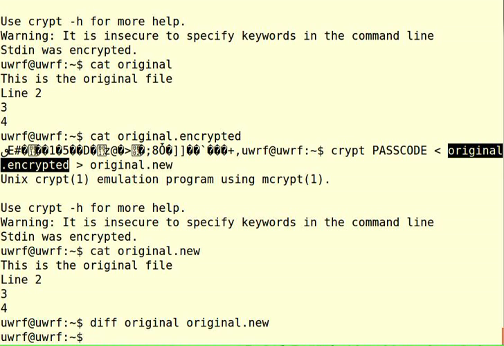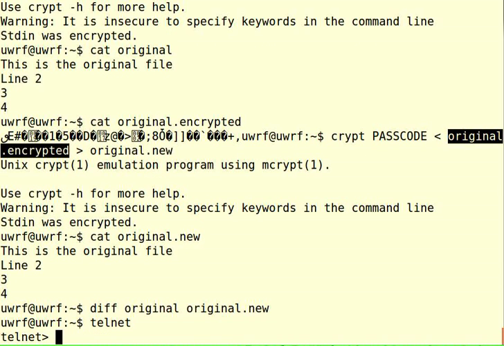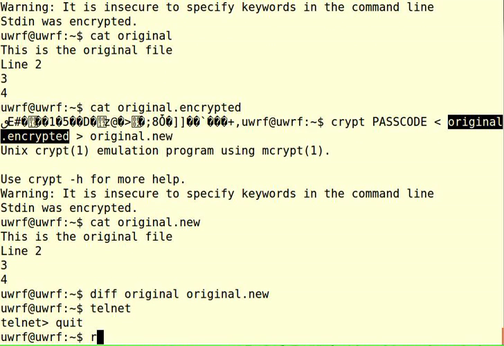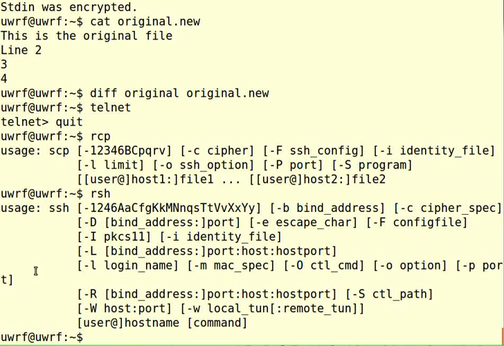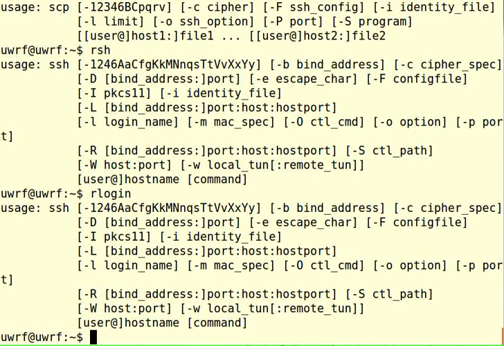Okay, so we installed finger. We saw installed crypt, mcrypt, mdecrypt. There are probably a few more commands that we can install. Let's check if we have telnet, for example. We do have it, so no need to install that. RCP is actually SCP. RSH is SSH. Rlogin is also SSH, so we don't need that. I'm just looking for commands. Oh, there's one thing that we need,